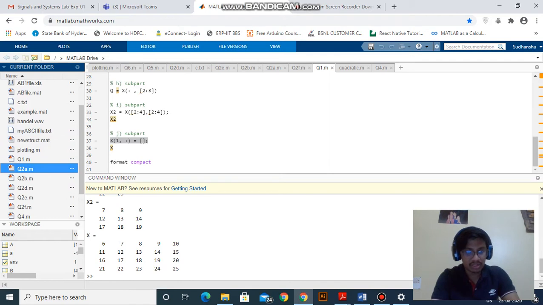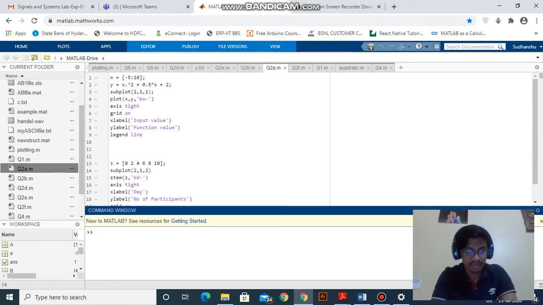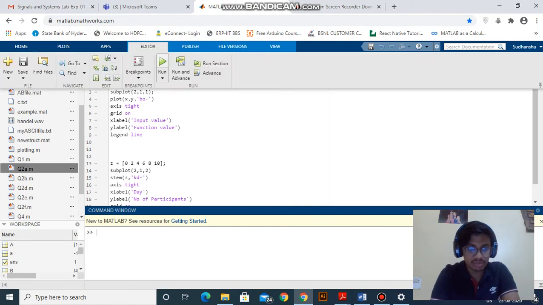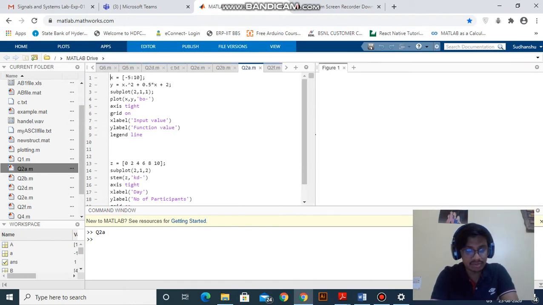Now next we'll be looking at plotting in MATLAB. So to plot a graph in MATLAB, this is the syntax we have used. We have assigned some values to X, and the Y corresponding to the value of X gets the corresponding value with the help of this equation. We'll just run this function to see the corresponding figure, and we use the plot syntax to plot the X and Y values.